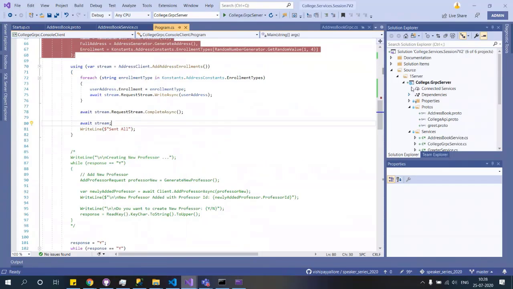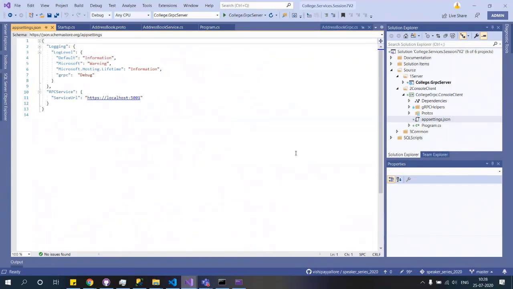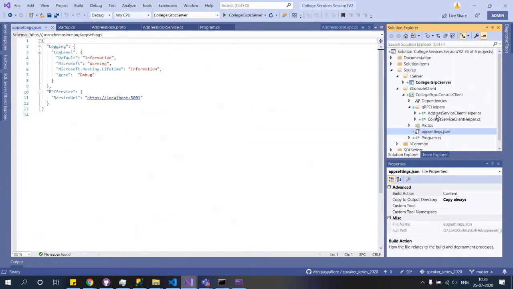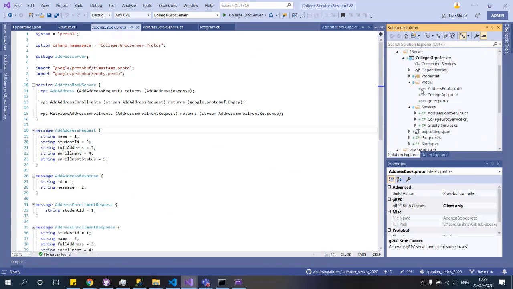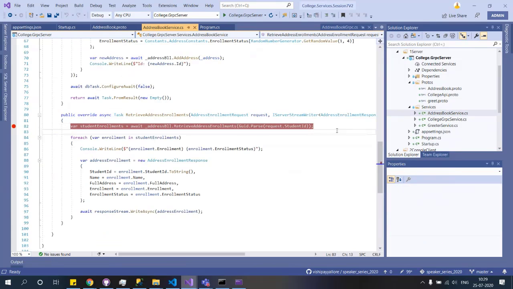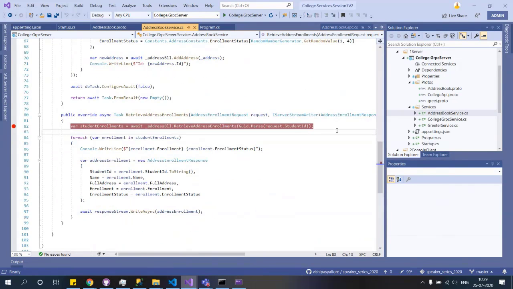So I'll see if I can quickly analyze that. We have the gRPC helpers, and we have the protos here, address book protos. It is retrieve address enrollments. Then why even this sample which was working is not working? Address book service was the thing which was working, and now it stopped working.